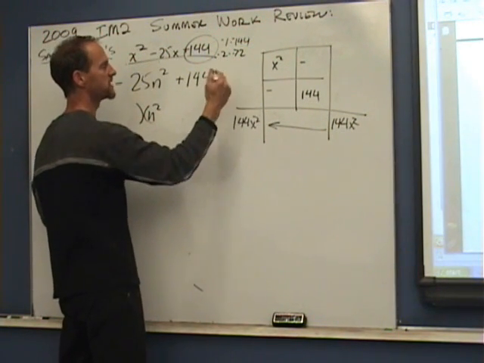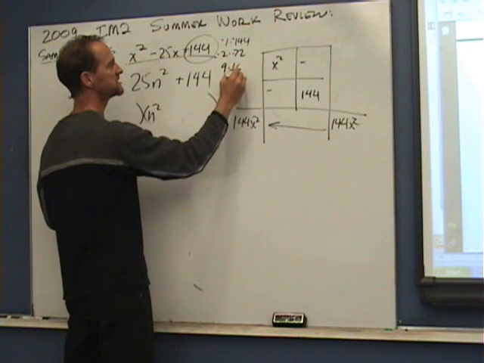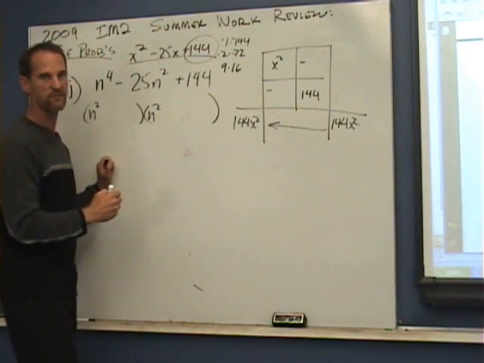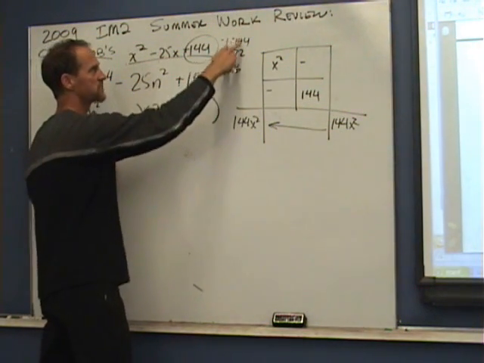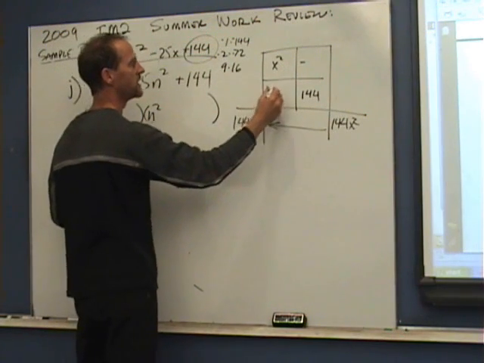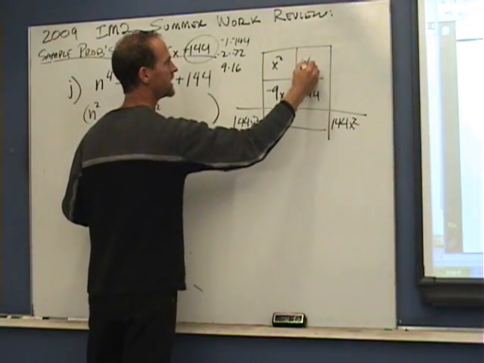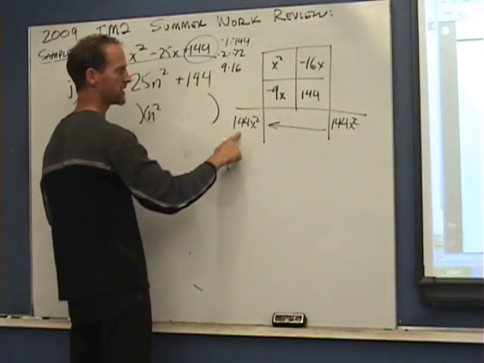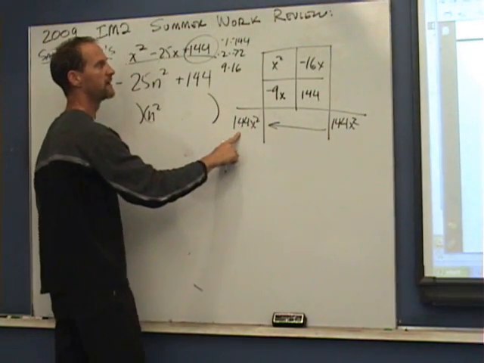No. But skipping ahead a bit, 9 times 16 does add up to 25, and that does multiply to make 144. So that's where you can use your calculator systematically. Take a little bit of time, but you'll get these numbers every time. Negative 9x, negative 16x. It doesn't matter which one goes where. These multiply to make a positive 144x squared. Now I simply